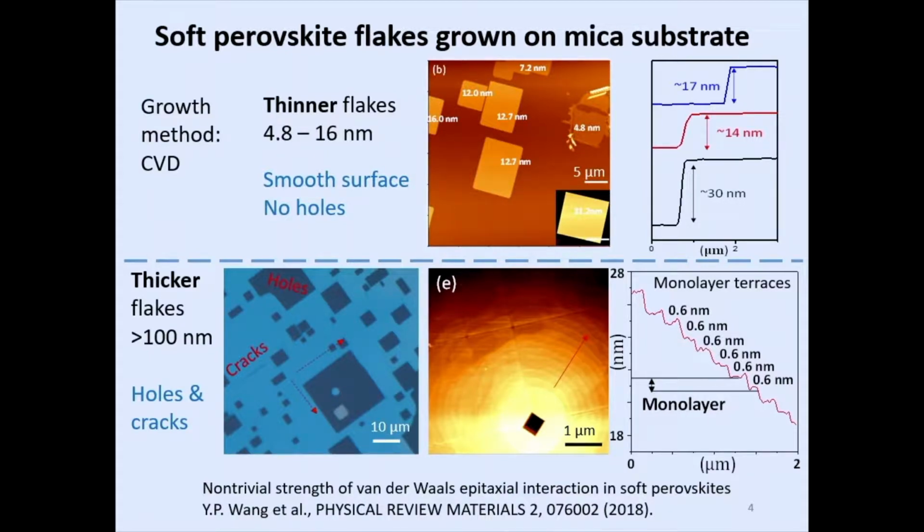Okay? So we all know that when you have a film that has cracks or holes, it's an indication that a certain strain has been relaxed. Actually, if you look at the lattice constants of the perovskite and mica, they're about 10% different. So the next slide shows the